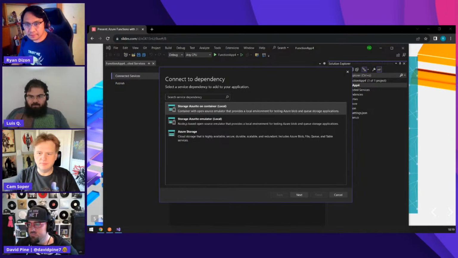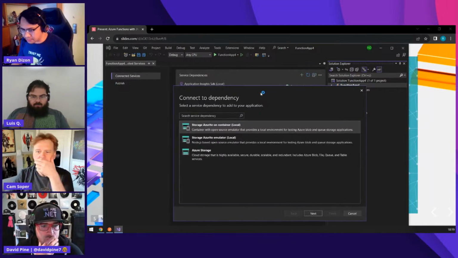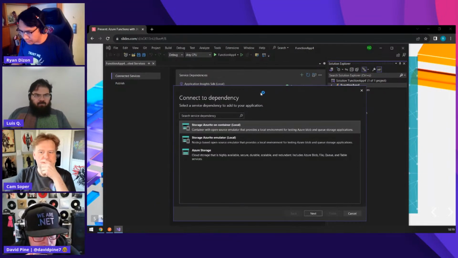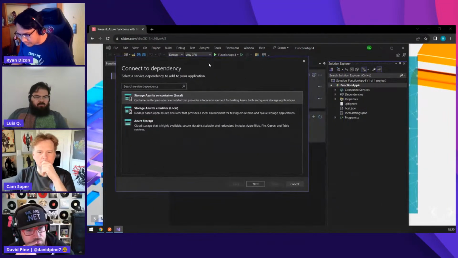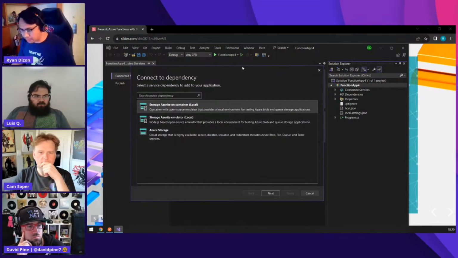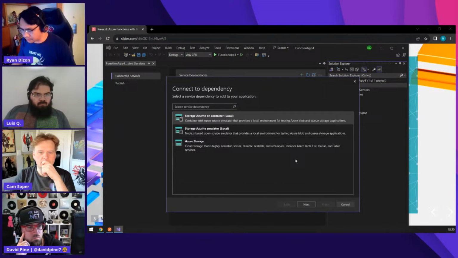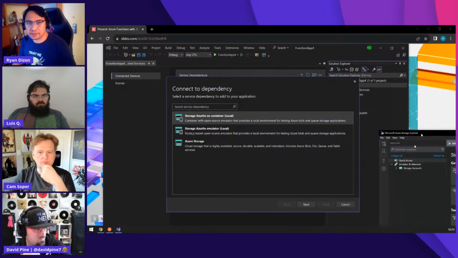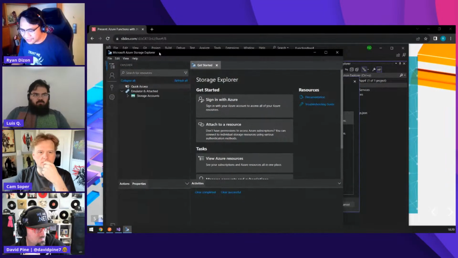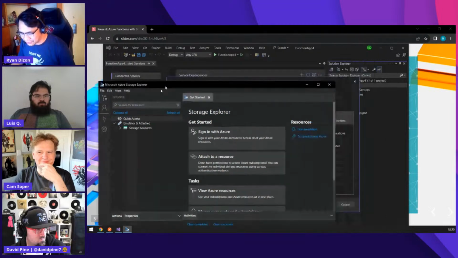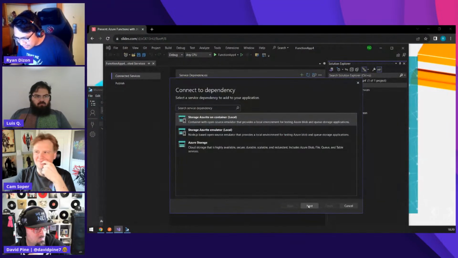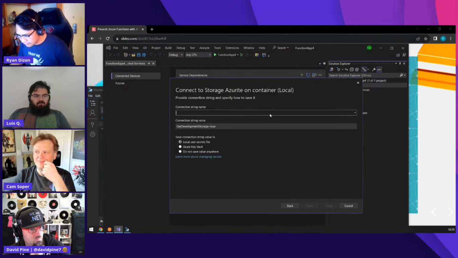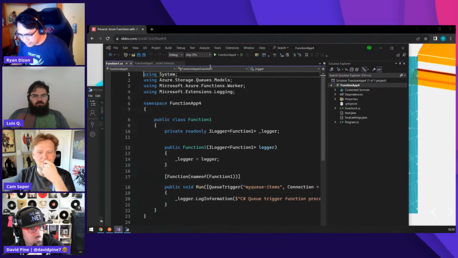Okay, so as you can see here, if you create, for example, a Queue trigger, you will be prompted to configure your local emulator. Actually, it started on my different screen. I have three monitors, so that's why. But yeah, just next. No, let's just cancel that.